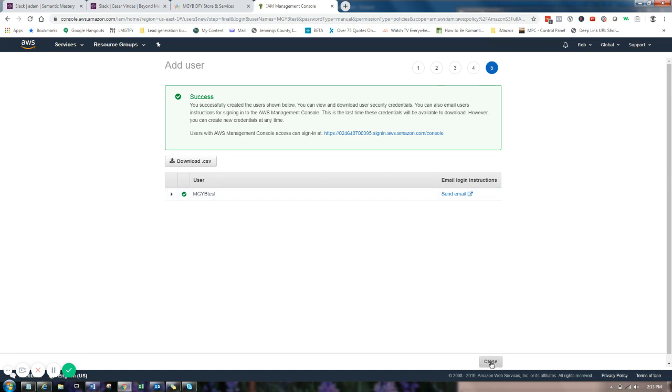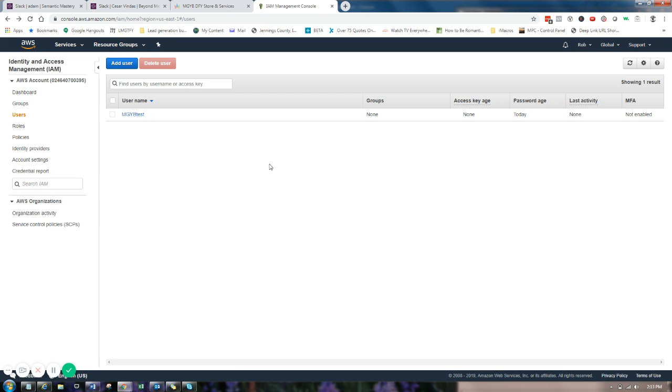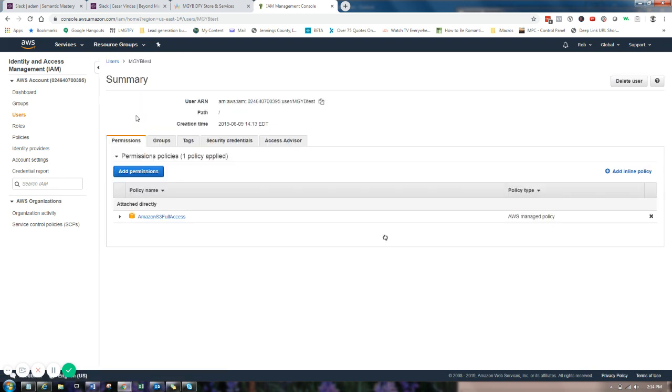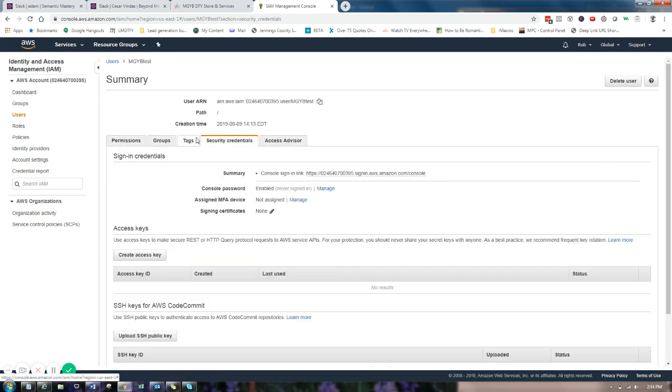So now you can close this. As long as you copy those, hit close. So here's the little trick. For some reason, you've got to now open up this user. So if you're here on the user, click on the user you just created, go to security credentials, go to console password right here, and click